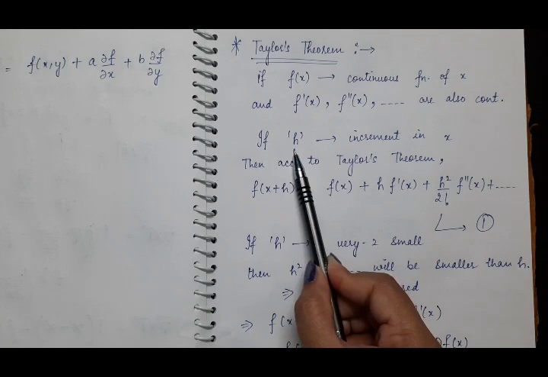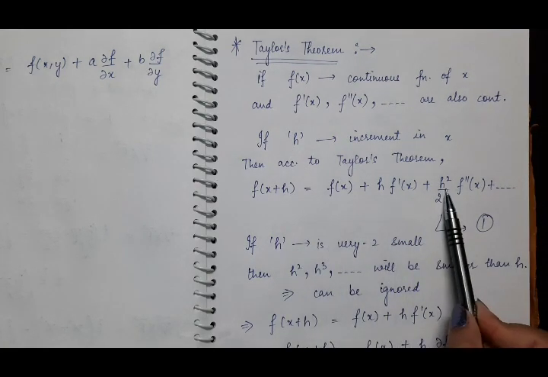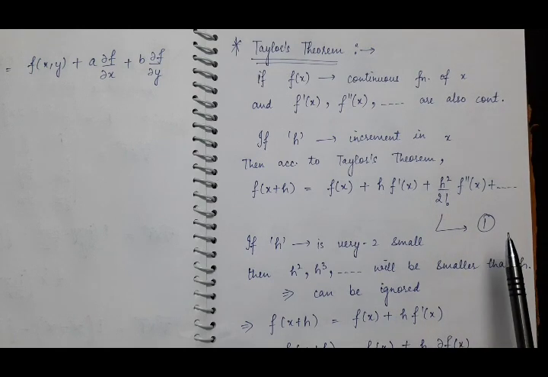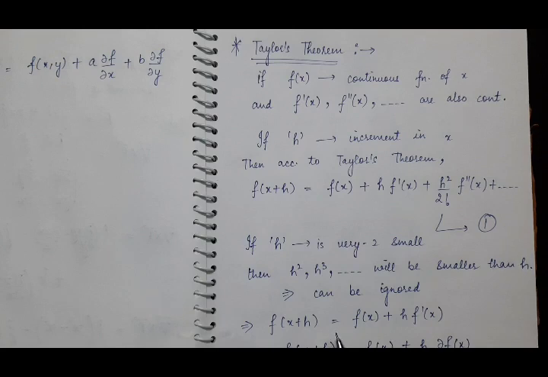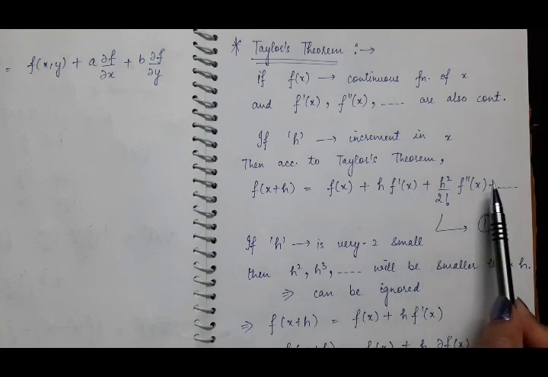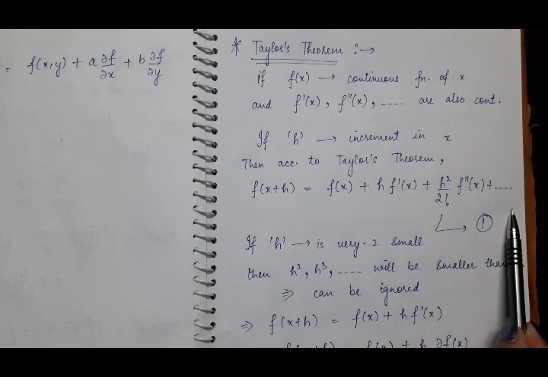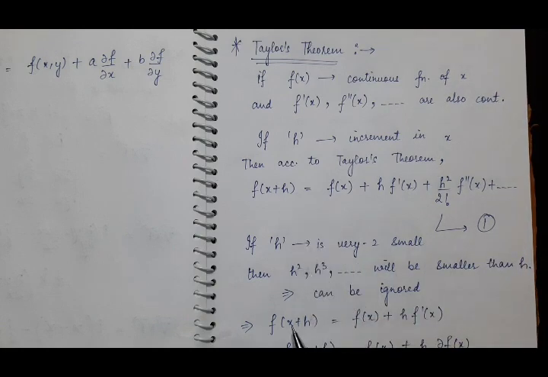Now its next special case is if this increment in x, that is h, is very very small, then its higher terms like h square, h cube, h4, h5, h6 and so on will be even smaller than h. So therefore we can neglect or ignore these higher terms. If you ignore these higher terms, then this equation 1 will be reduced to